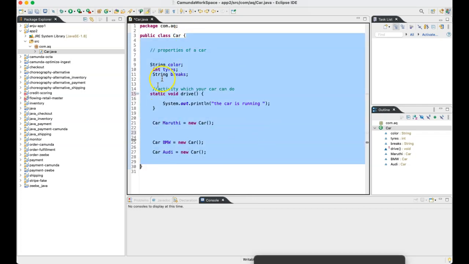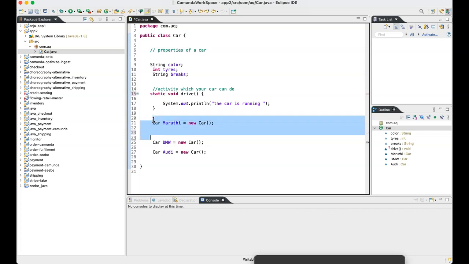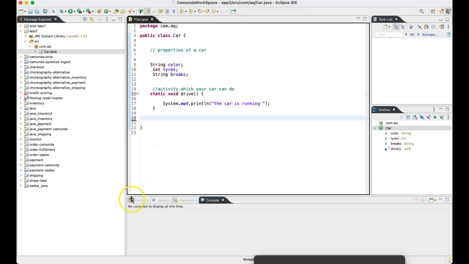Okay, perfect. So let's keep this model as it is. Okay, that is happening because of this. Don't worry about the syntax and stuff. Just focus on how we are able to create the objects.